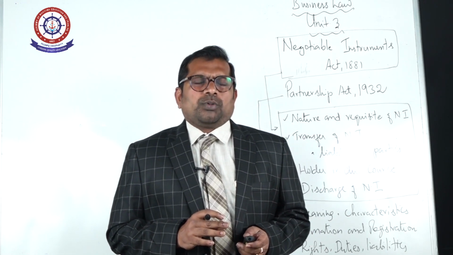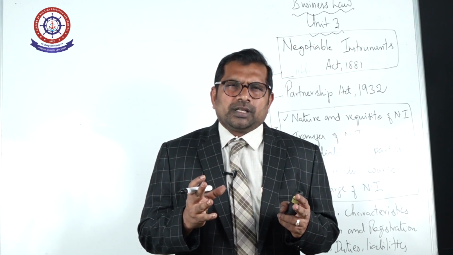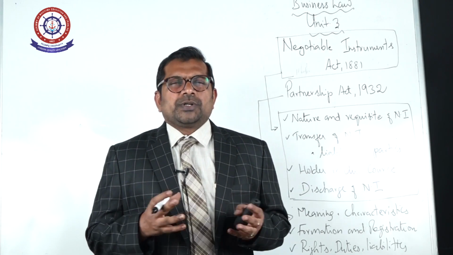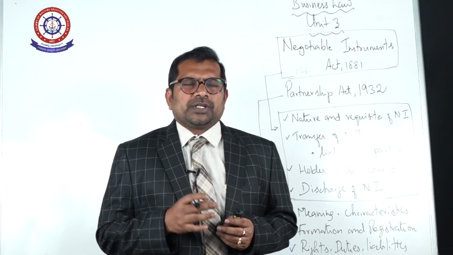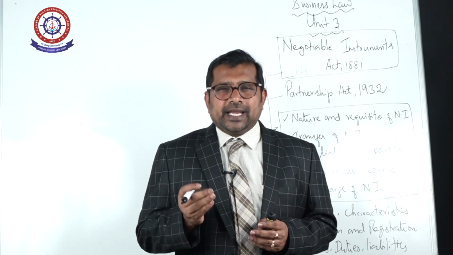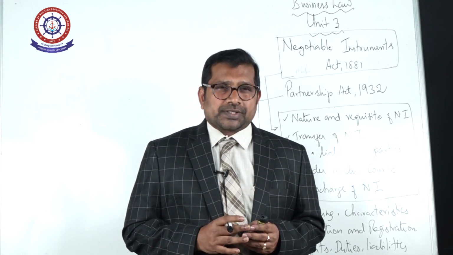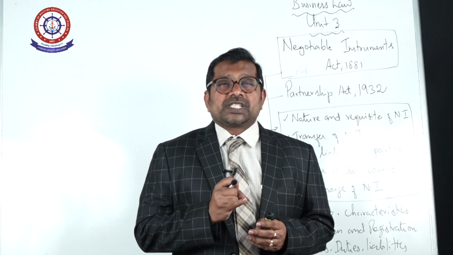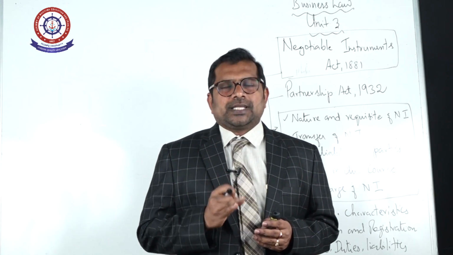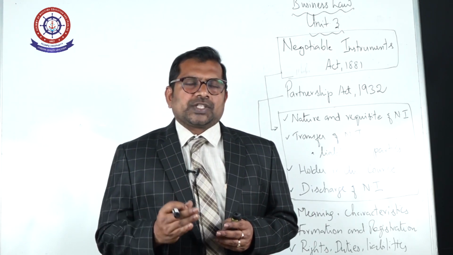Now, another important point: what are the various presumptions which are required to form the negotiable instruments? First one is consideration. So what is meant by consideration? Every negotiable instrument was made, drawn, accepted, endorsed, or transferred for consideration. So there are four important points. Every negotiable instrument is required to be drawn. Point number 2, it should be accepted by the party. Point number 3, endorsed, or the last one, transferred.